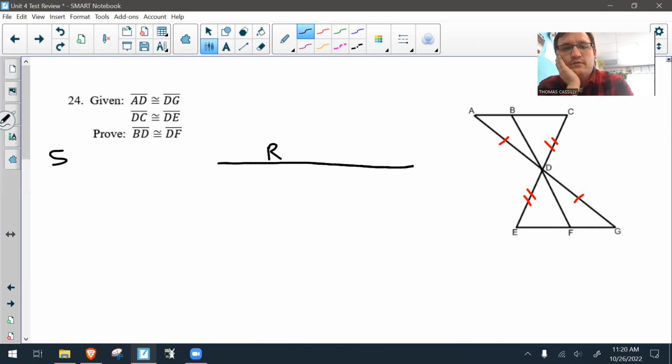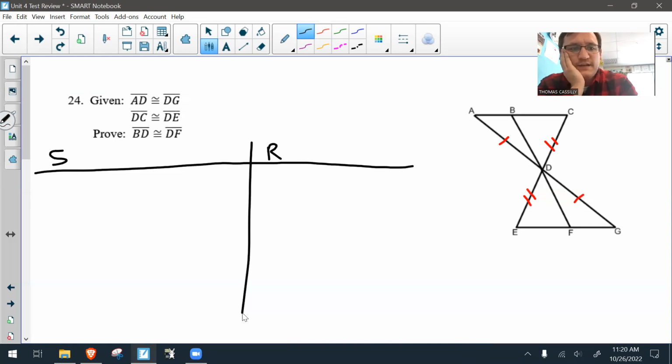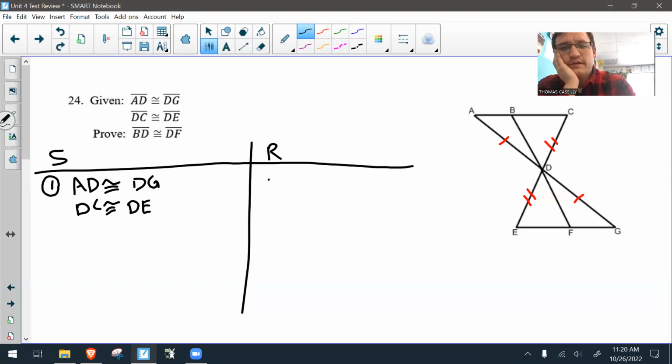All right, so let me just get this all drawn out here. We have AD, so step 1. AD is going to be congruent to DG, and we have DC. DC is going to be congruent to DE. All right, that's going to be step 1. Now, step 2. Before we jump into step 2, let's decide what triangle would make the most sense